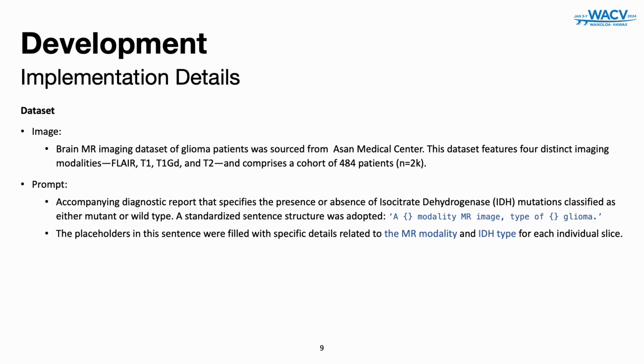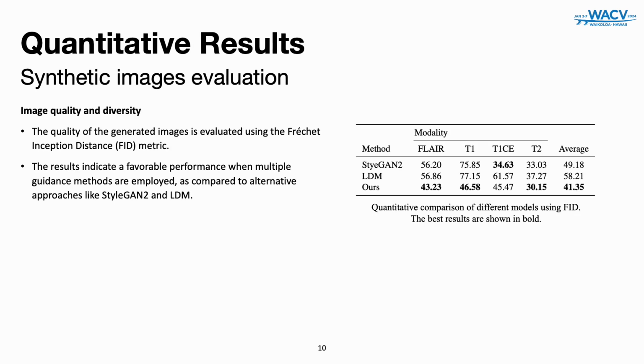These mutations are categorized as either mutant or wild type. To standardize sentence templates, a template of the form "a [modality] MR image of [IDH type] glioma" was used, with placeholders for modality and IDH type. In the evaluation of the synthetic images, FID was calculated to gauge image quality and